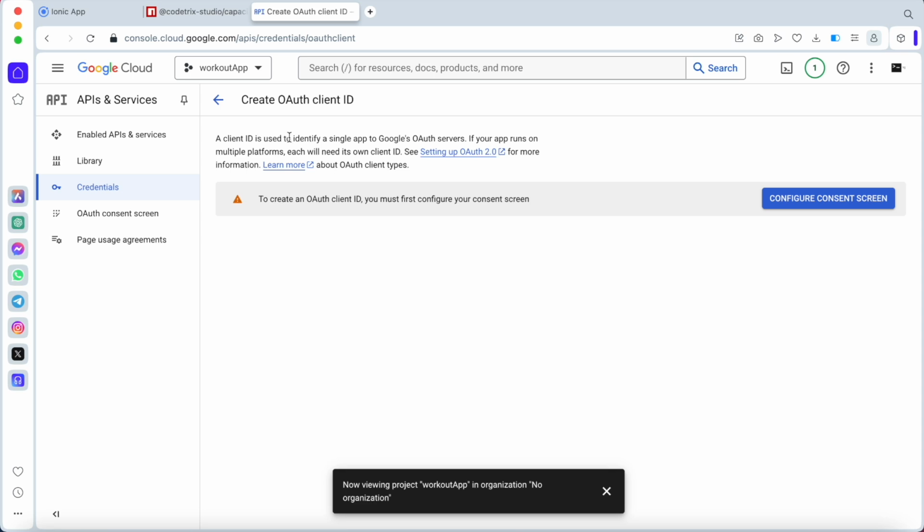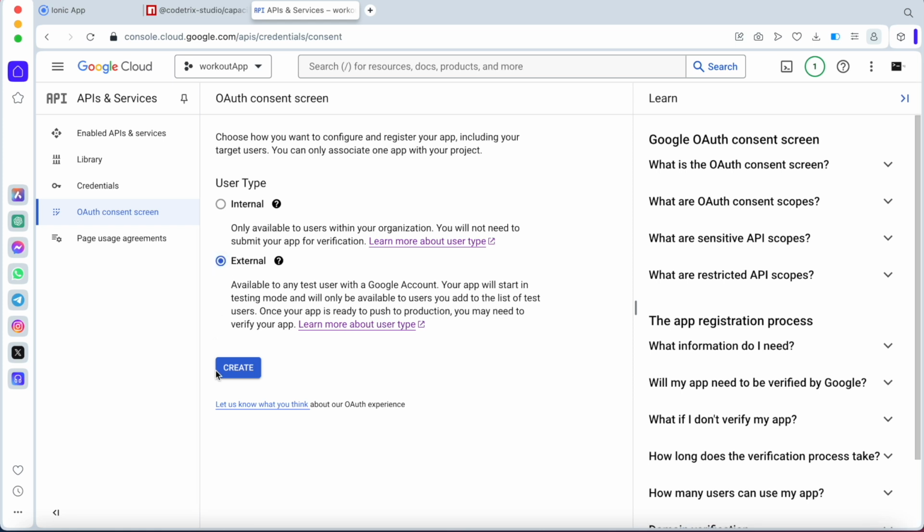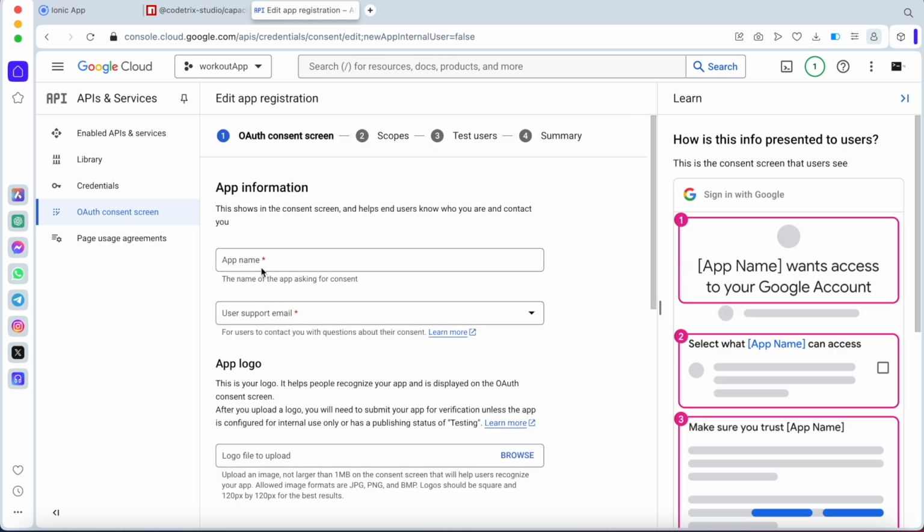Right, so the client ID is to identify a single app to the Google Auth service. This app runs on multiple platforms, so each platform will need its own ID. So we're gonna start creating an ID for a web one, but first we need to configure the OAuth consent screen. And there we go. For user type, use external, and we're gonna say create. So app information, I'm just gonna call this workout